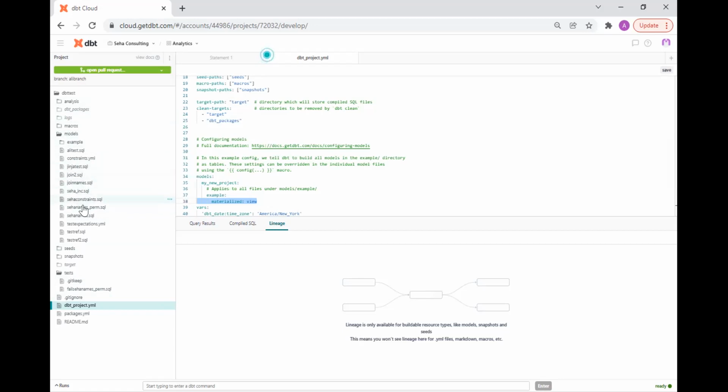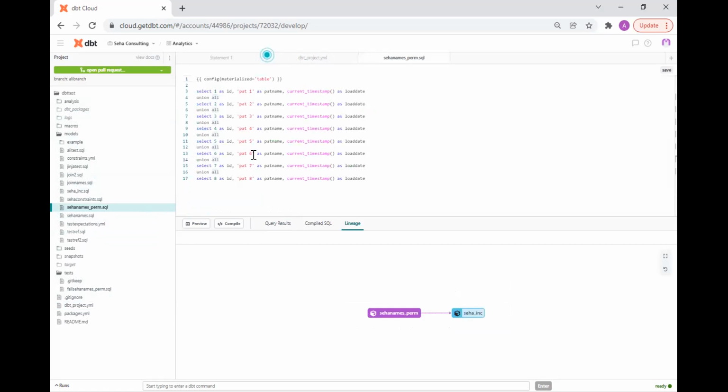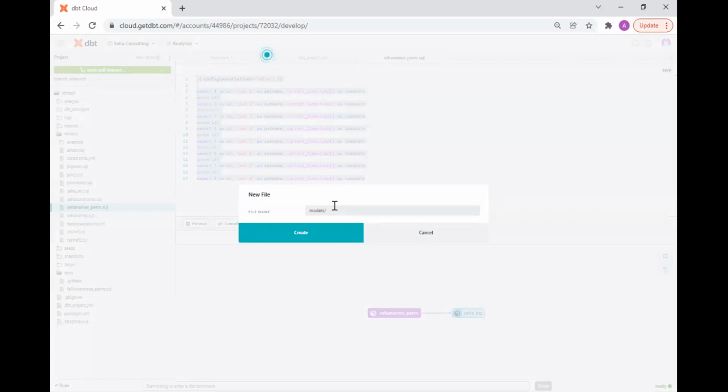Then I'm going to get started with an example. In this example, I've basically got a bunch of select statements and I'm unioning the data together, right? Nothing complicated here. So I'm going to create this as a new model. I'm going to go into model and create a new file, and I'm going to call it